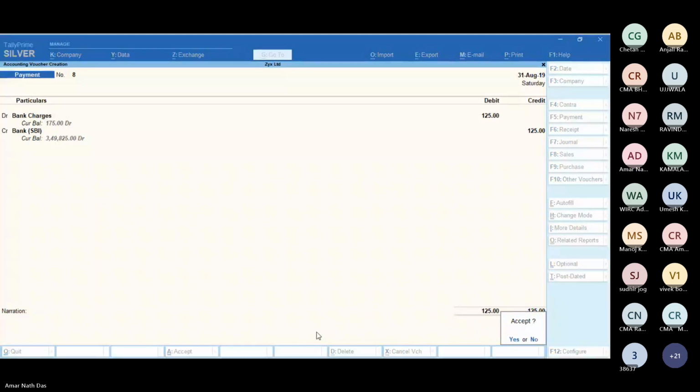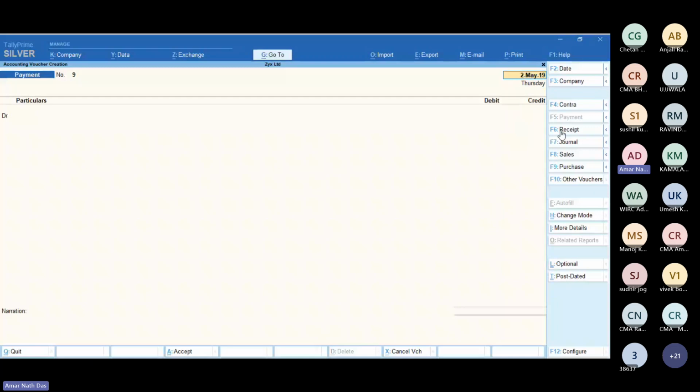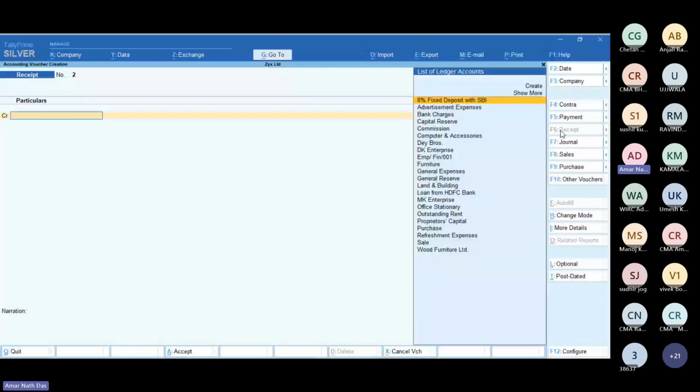Now the last entry, as per your last page of the slides, the interest credited, 1175. So I have to prepare an account which is called interest on bank deposit. So accept the screen. This is the receipt one, and date is 31st August 19. I have to prepare the bank account, definitely debit, and I have to consider interest on bank deposit in credit. So Alt C,